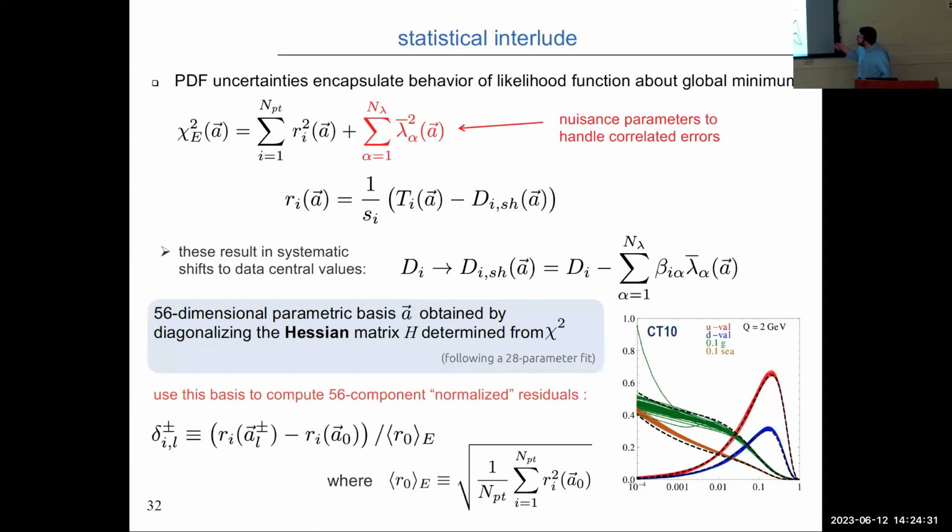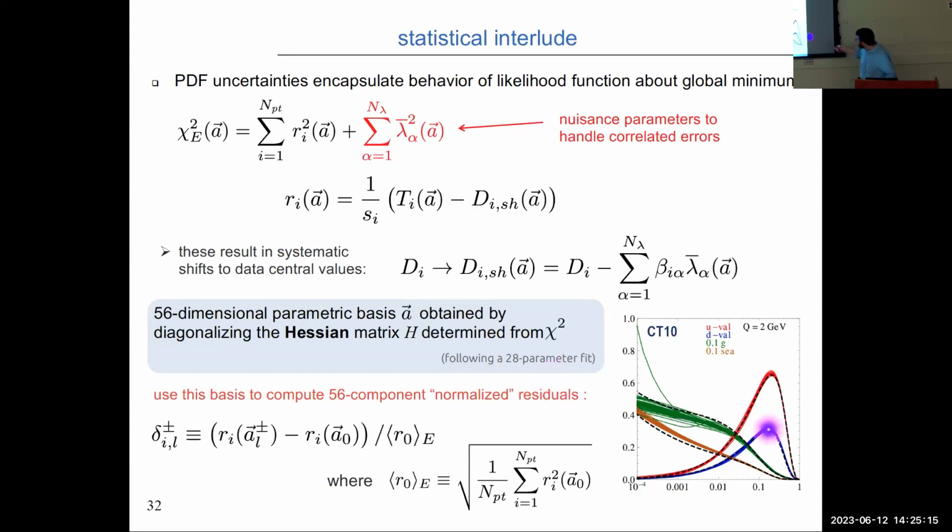The idea, of course, is that when I do an analysis of this type, I find a global minimum parametrically for the likelihood function. And then I have a Hessian matrix, which is just a big matrix of the second order derivatives as I vary the underlying parameters. And I diagonalize that matrix to find eigendirections. So in, for instance, an order 30 parameter fit, I'll end up with 30 eigendirections. Then I can take variations that saturate the growth in chi-squared in each of those eigendirections, and on that basis end up with a central fit and then 2n additional eigensets, where n is the number of parameters that are actively fitted.